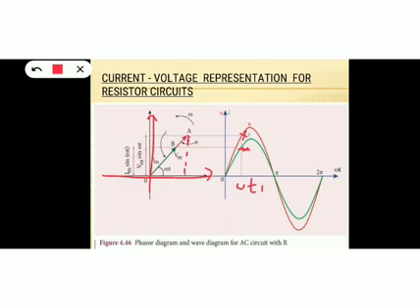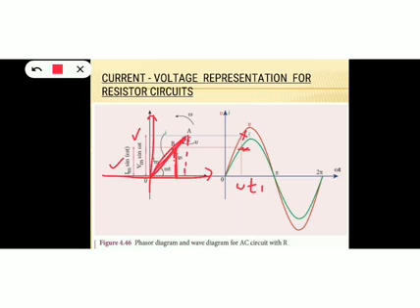What is the instantaneous value of voltage? Vm sin omega t. And if we consider the vertical component of this vector, that means the current phasor, this component will give you the instantaneous value of current. What is the instantaneous value of current? Im sin omega t. Okay, and at the same time the length of the vector gives you the peak value. So for the current phasor, this is the length of the current phasor, and this length is equal to the peak value of current. And similarly for the voltage phasor, this is the length of the voltage phasor, and this length will be equal to the peak value of the voltage.